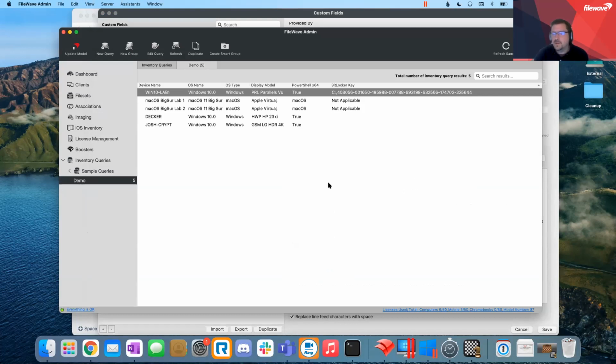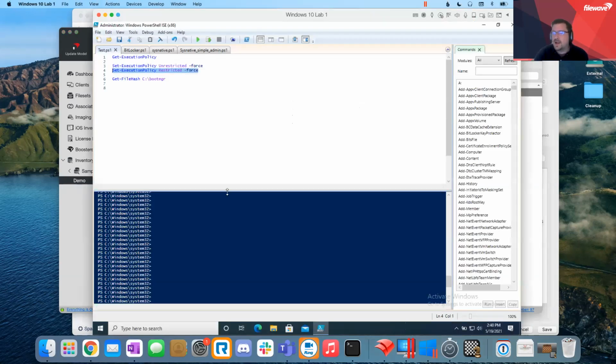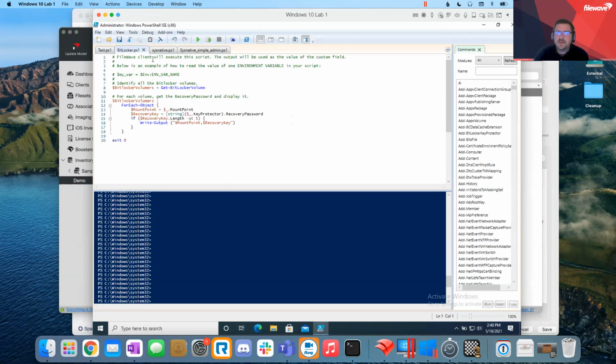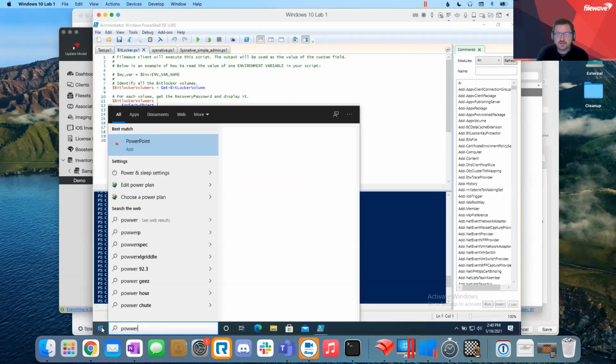So, when you're making a field, that whole 64-bit versus 32-bit is important, and I want to show you a little bit of how I start off when I make a script. So I might start off making this BitLocker script, right? And I'm in the PowerShell ISE x86, which is the 32-bit one. When you click here and you type PowerShell